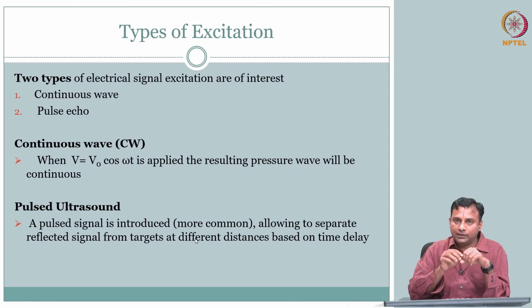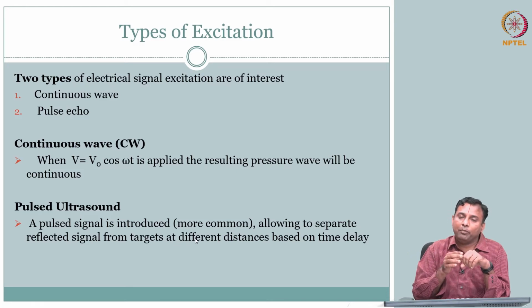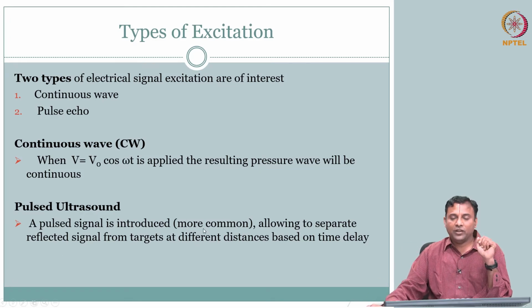So you apply a pulse and then the pulse goes into the medium, it comes back. Based on when you sent the pulse and when and how much you receive the pulse, you can comment about where the boundary is. Because I know the velocity, right? If I assume my velocity in the medium, I know when I am sending it, when I am receiving it. So if I know the time and I know the velocity, I can locate my distance, right? So essentially time of flight calculations can be done.